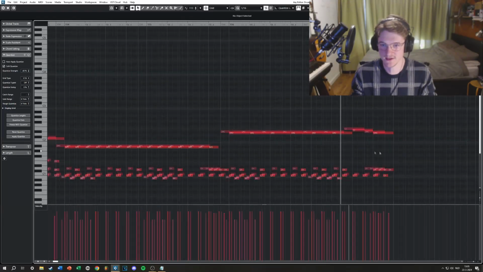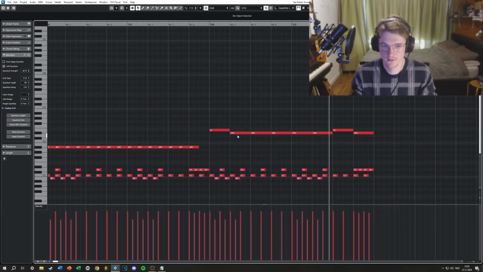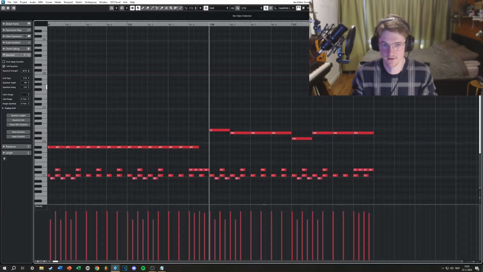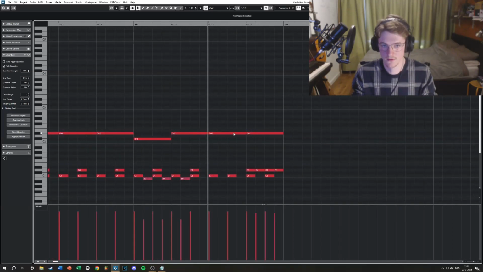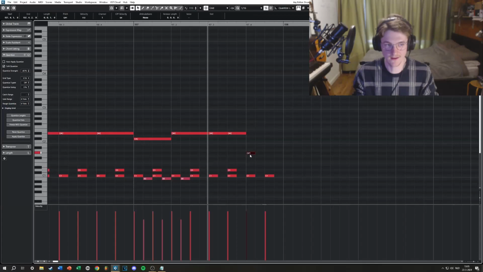Okay, so this sounds a bit boring. Maybe like that. Maybe that sounds a bit better. And now I want this to have a double hit because it sounds boring again. And I don't want a snare roll right here. I want a tom roll because I like the idea of that. So I have one snare here and then